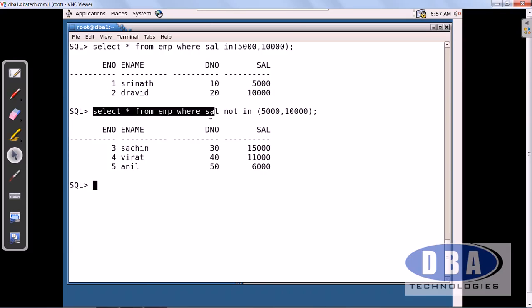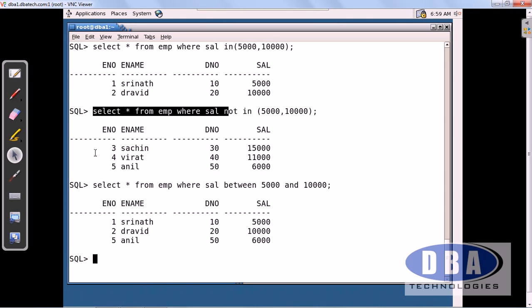Okay, now if I give where salary between 5,000 and 10,000, what is the difference between the in operator and the between operator? If you use the in operator, it will show the salary in 5,000 and 10,000 in the given example. But if you give between 5,000 and 10,000, it will show the details about the employees whose salary is 5,000, whose salary is 10,000, and also salary between 5,000 and 10,000. Understood the concept? Then if I use not between